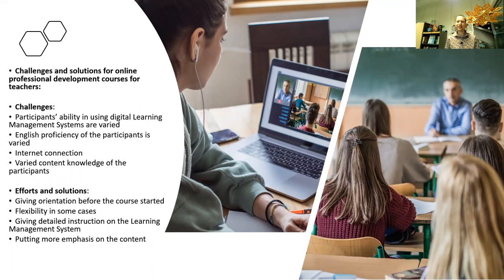So you must look for those environments which are very accessible, and the use of them is very simple, and you must be aware of what kind of preparation is required from the user to be able to focus on the learning content and not only the mechanics or the usage of the system itself.